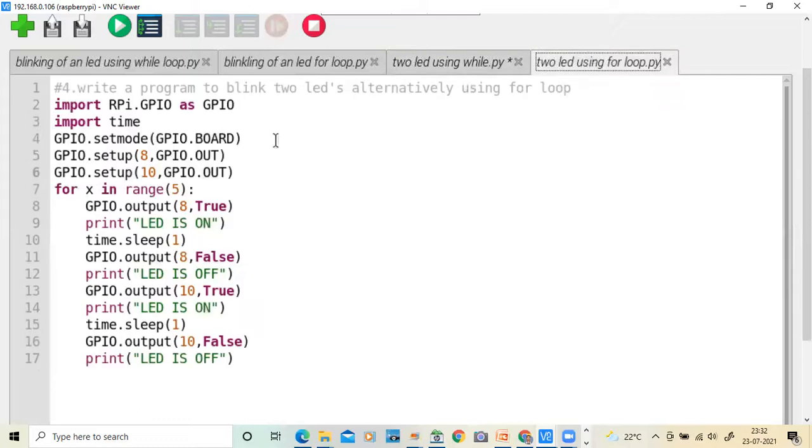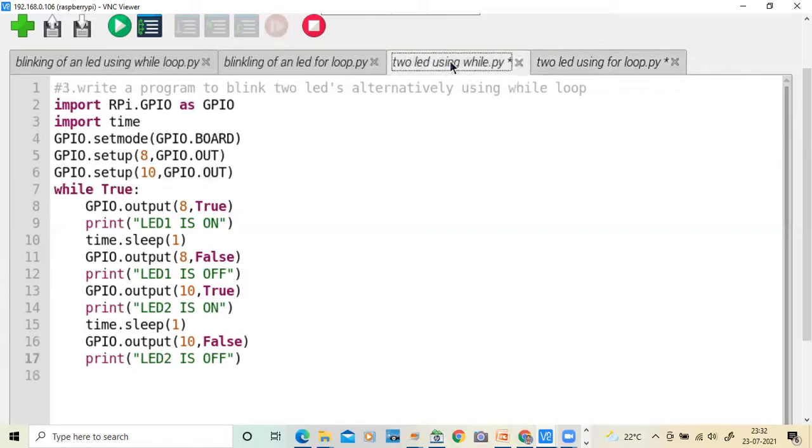Similarly, you can change this. The 8th pin is connected to the first LED, so give some number, LED 1, and the 10th pin is our second LED, so let me take it as LED 2. That's it. Before going to the hardware part, let us run this program once.